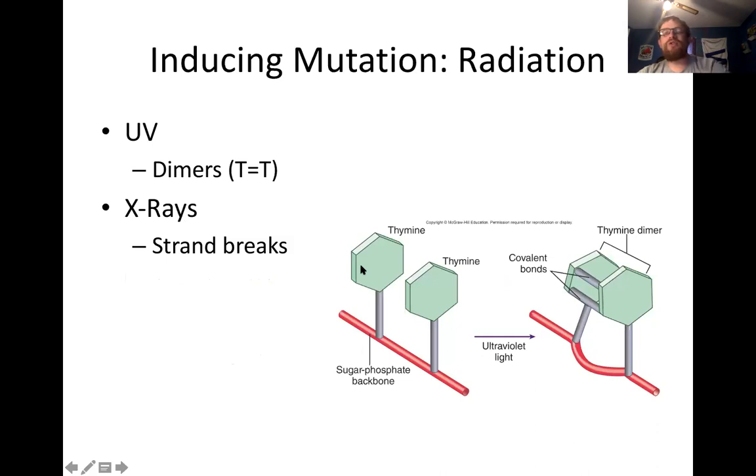All right, so inducing mutations, this is not necessarily chemical, but this would be a case of radiation, right? And so you have a couple different options. You have UV dimers, all right? In this case, UV radiation actually causes covalent bonds to form between thymine dimers, right? And when you have these bonds that form between thymine dimers, again, that's going to interrupt the replication, the transcription, and the translation process when you kind of pull these nucleotides together.